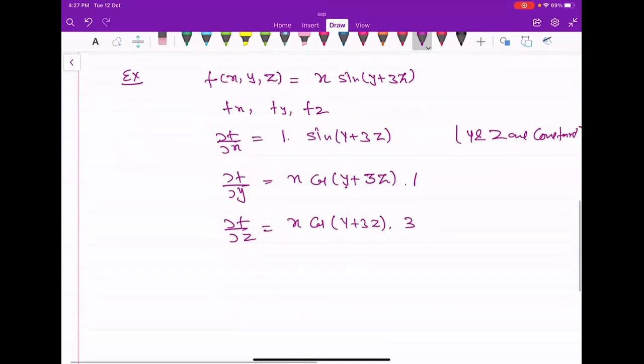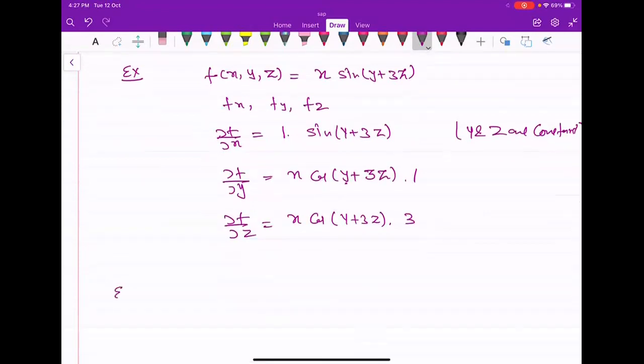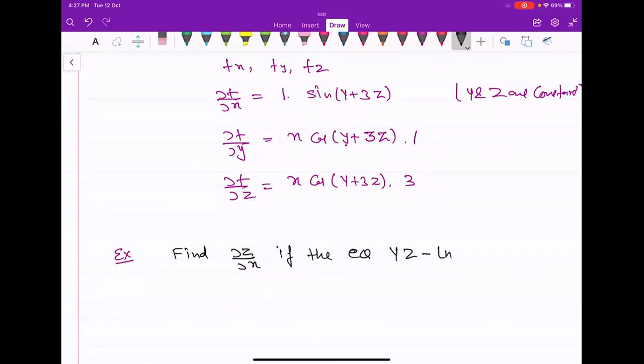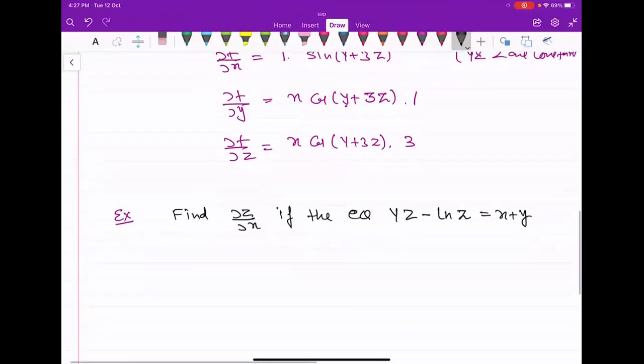Now we compute the partial differentiation of a function whenever the function is given in implicit form. Like we are taking an example. There you have to compute del z over del x, if the equation yz minus ln z equal to x plus y defines